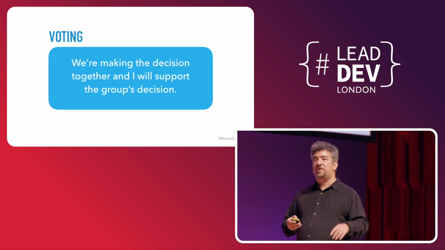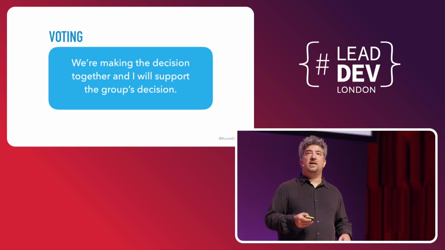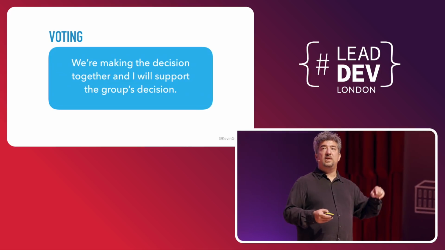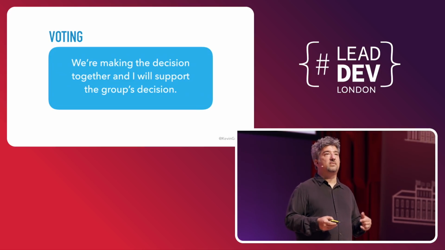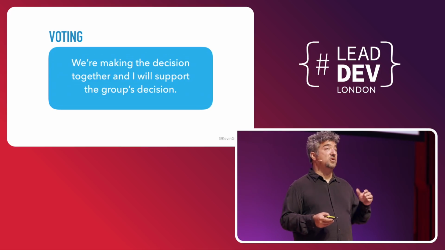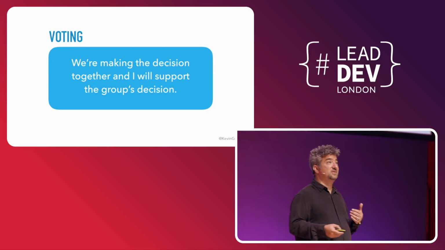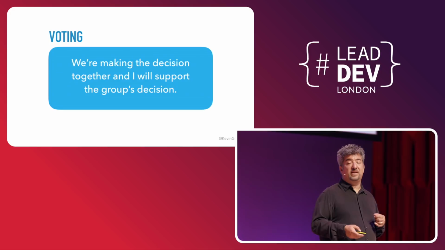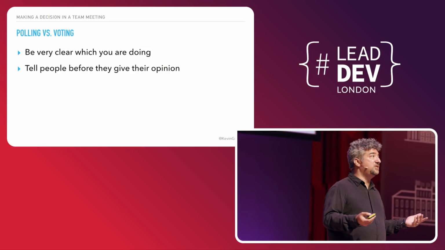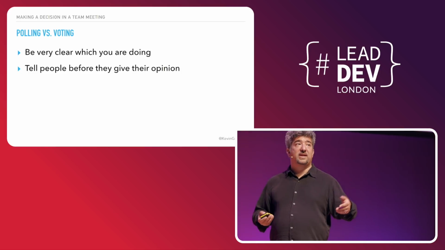So if you're going to vote for it and your boss says, why? That's a really bad idea. You're going to pretend like that was your idea all along, and you're going to say, no, here's all the reasons why we decided to do it. We think it's a good idea, right? You got to support that decision. So it's incumbent on you to support it. So understand when you vote, you're taking that responsibility on yourself, right? You're going to have to defend it. So be really clear which of these things you're doing because they have very different implications. And it's important for people to know before they give their opinion.